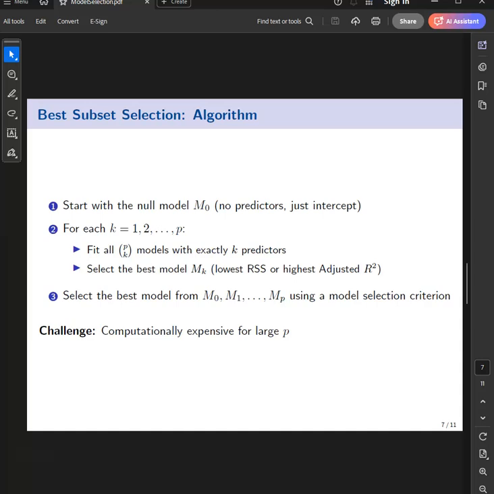Let me walk you through how the algorithm of best subset selection works. We start with a super simple model, a model that has no predictors but just the intercept. That is our baseline. Then, for each possible number of predictors from 1 to p, we fit all possible models with exactly that many predictors. For each size, we select the champion model, usually the one with the lowest RSS or the highest adjusted R square. Finally, we have these champion models of different sizes compete against each other using a criteria that we